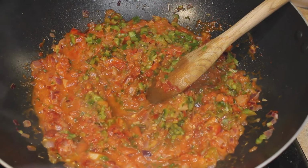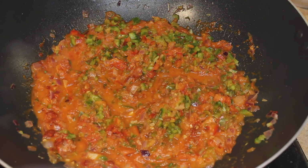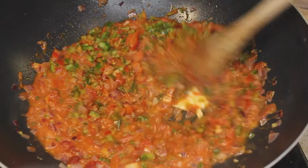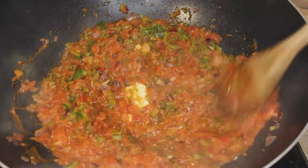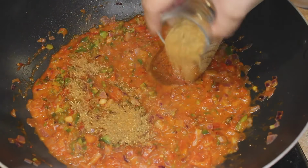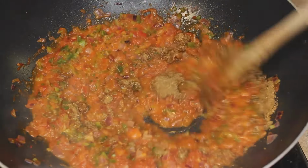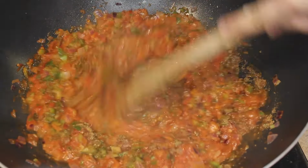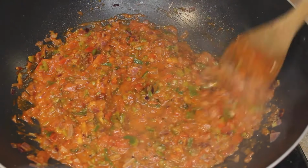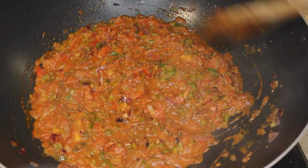I will also add in more butter at this point of time. I'm just adding in a tablespoon of butter. Give it a good stir. I'll also add my homemade Pav Bhaji Masala. Now if you have store-bought, that will also work for the recipe. Give it a quick stir, and we let this cook till a little butter is seen around the edges